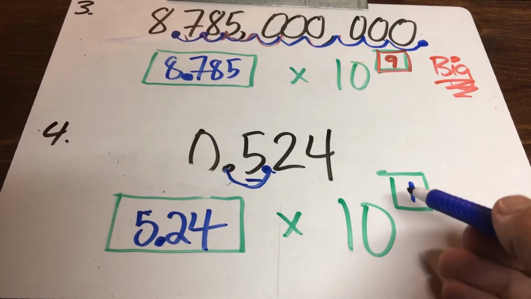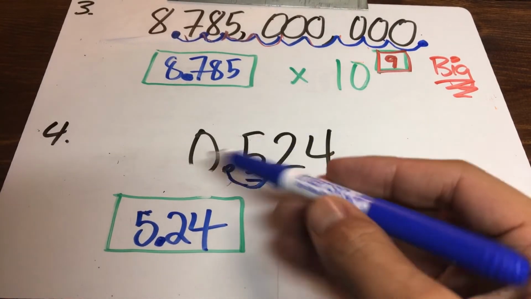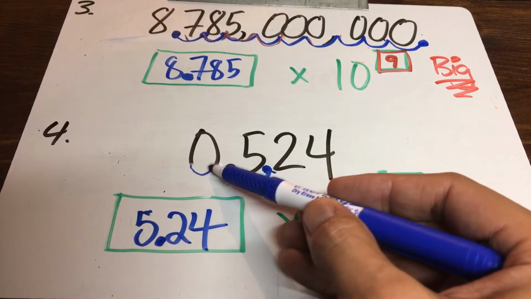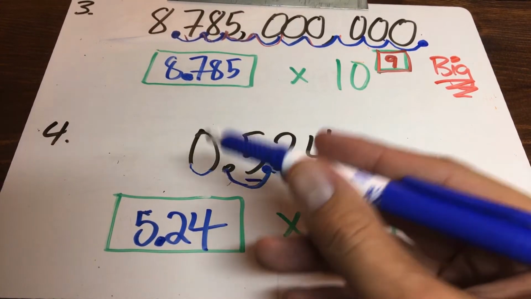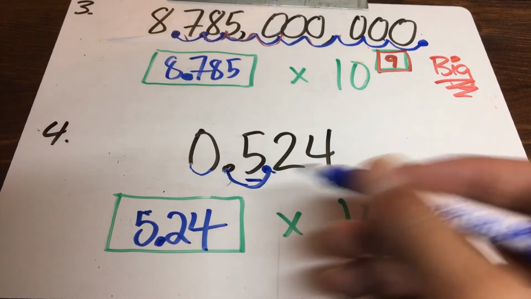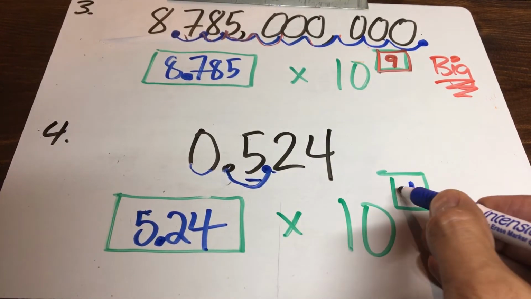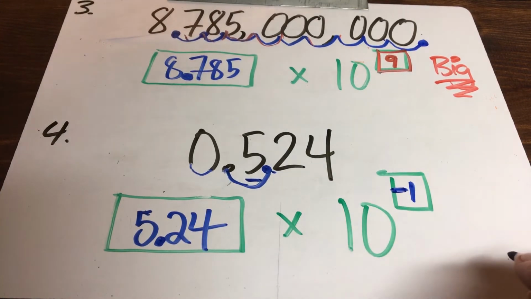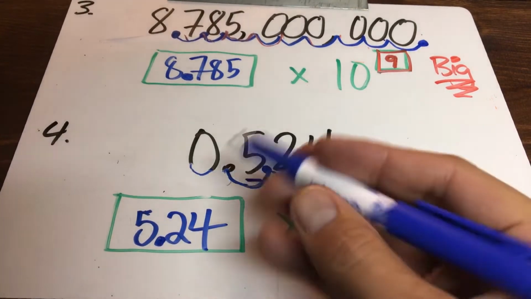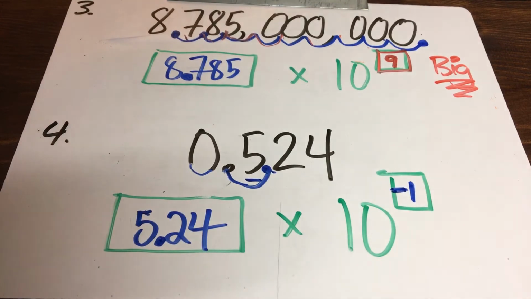Should this be positive or should this be negative? Look at the number we started out with. We started out with 0.524. If it's a number that's smaller than 1, right? Our limit is in between 1 and 10. If it's lower than the limit, it's got to be negative. If it's a tiny, tiny, tiny decimal, it better be negative because the whole number is really, really small. All right? That's number 4 on page 54, and that should help you with number 5 and 6